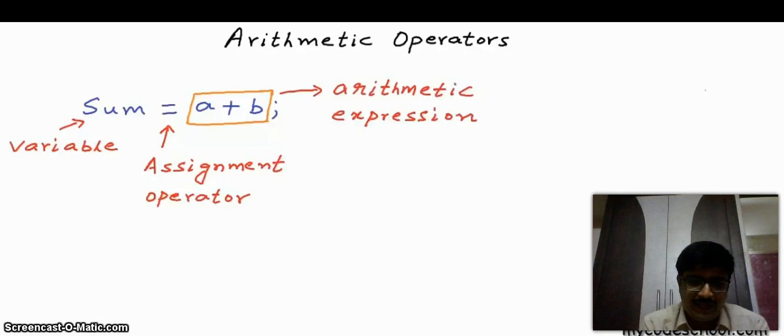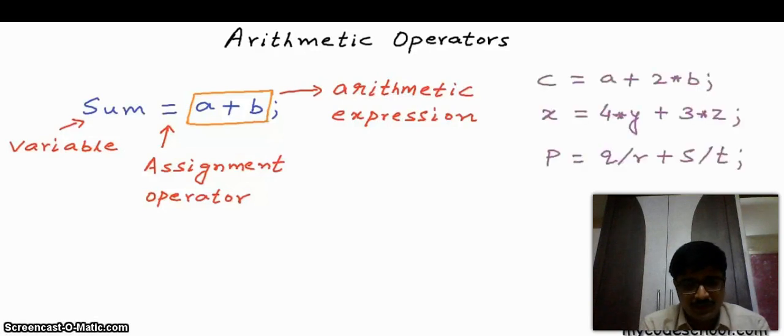Here we have an arithmetic expression, and we have a really simple arithmetic expression here. We could have a really complex one with multiple constants, variables, and operators. I have written some more instructions here, and in all these instructions we have arithmetic expressions with more than one operator. We can write such complex arithmetic expressions, but we must understand how to create